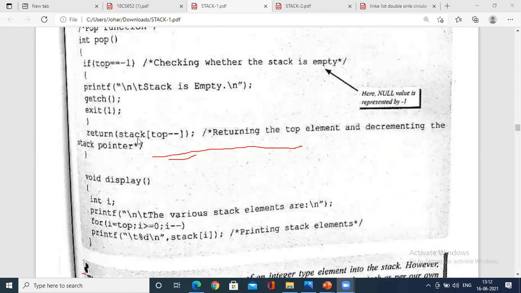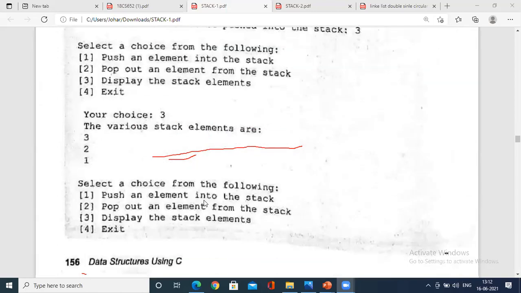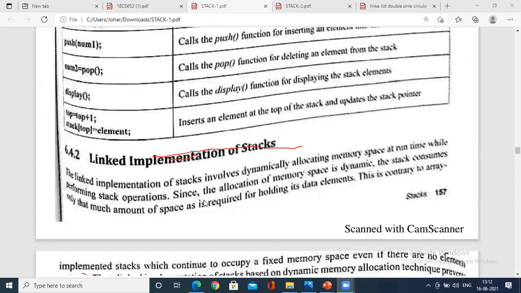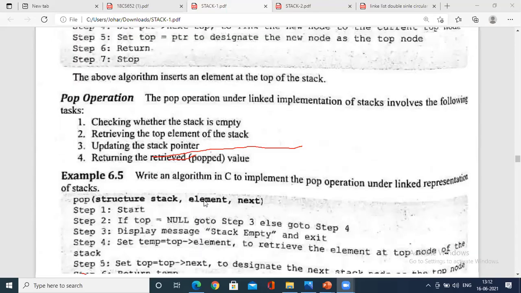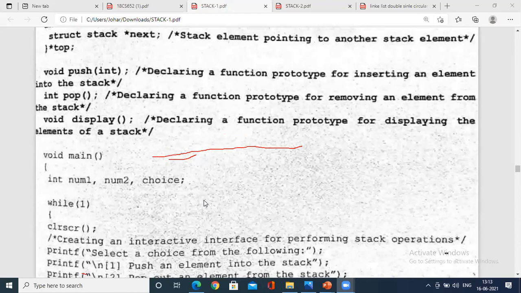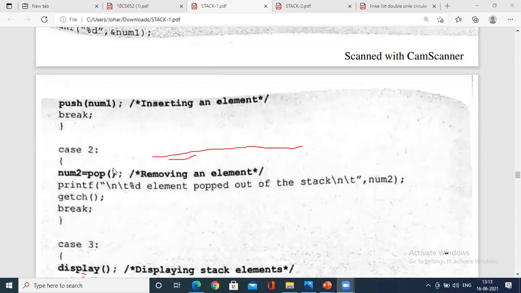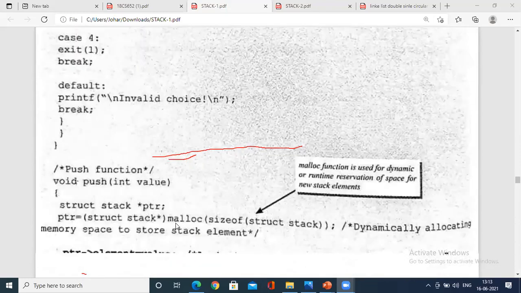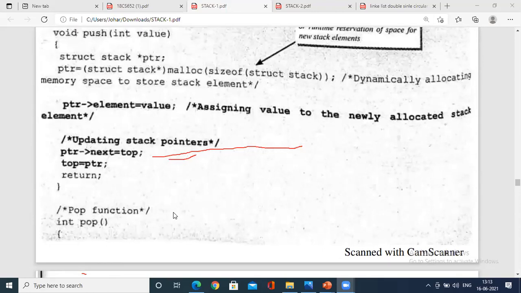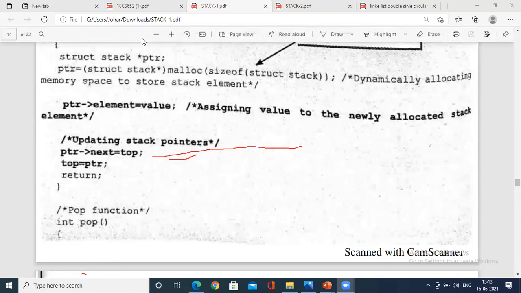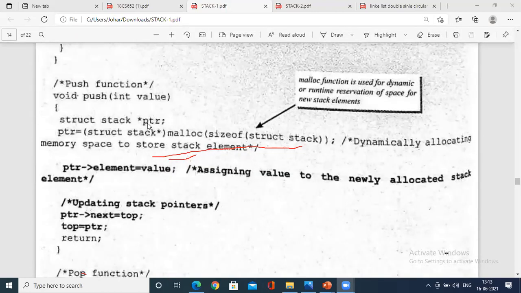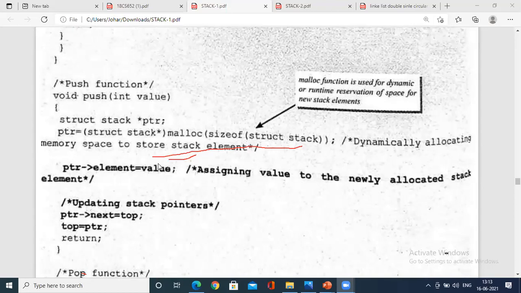Very simple. In the case of linked list, there are two things you have to remember. In the case of the push operation, you copy star top to PTR. When you call push of num1, you dynamically allocate the memory and copy the value to PTR of element.